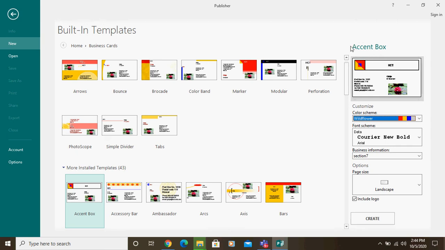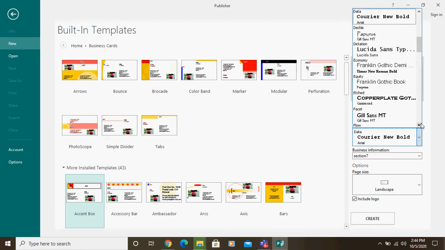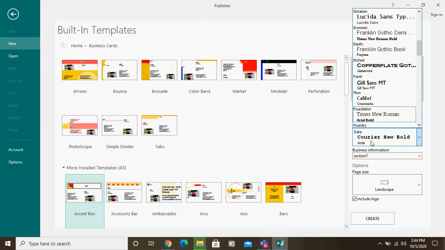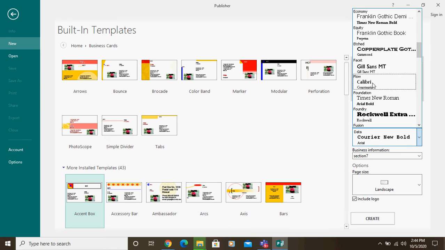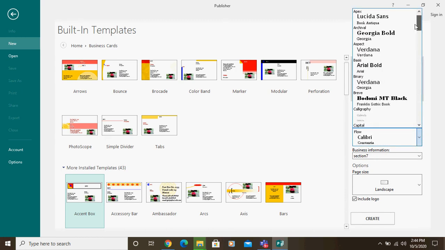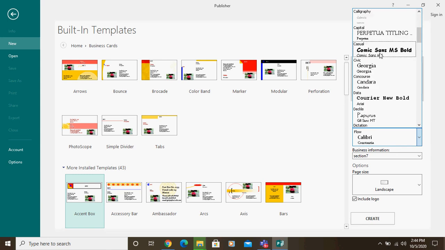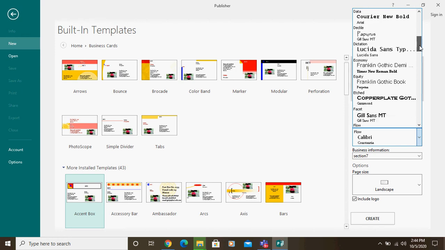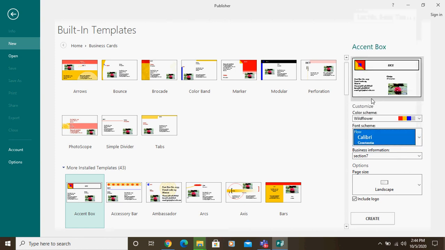You can see here, this is my template design, this is my color scheme. In the same way the third part is the font scheme. What exactly font do I need? Here you can see the font scheme. You can select whatever font. Already I have Courier New. Suppose I want Calibri, I will select Calibri. Whatever font I want, I can go and select here. Different fonts I can select. Arial Bold is there, Comic Sans is there, Courier New Bold is there. Here I select Calibri.